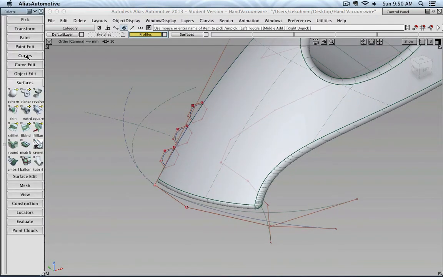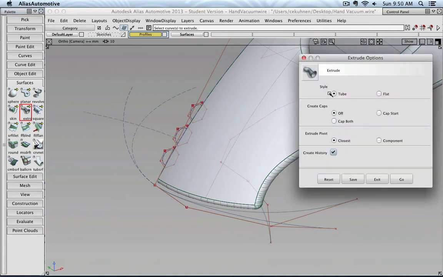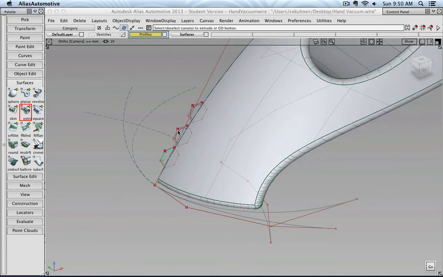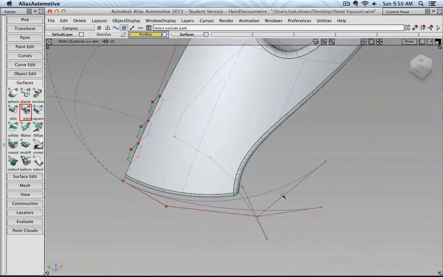the command to create the surfaces will be Extrude. So we go Extrude, double click it. Now we should have tube, and we don't need caps. Create history, make sure that one is on. Then we can select our 3 rings. When you have that done, click OK, and then it asks you to select the path along which we're going to extrude those, and this is the path here. You click it,